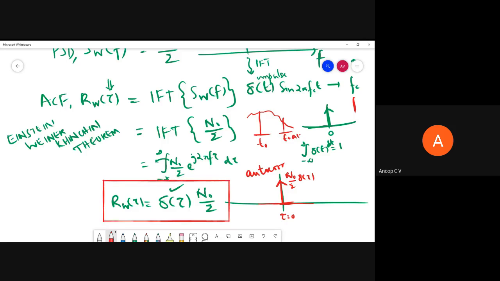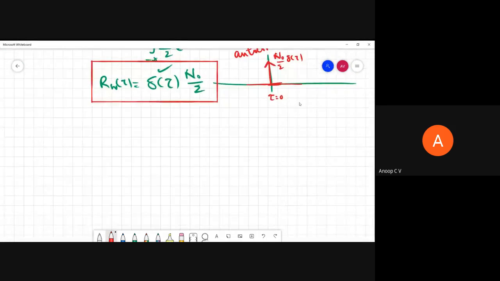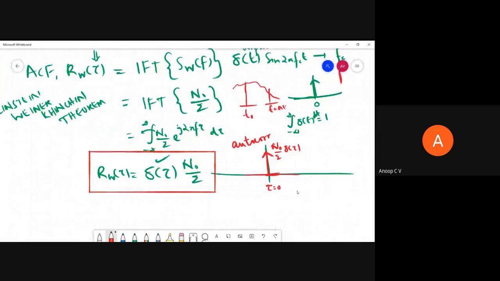So in the next case, we will study the output of an ideal low pass filter for a given input white noise. We'll analyze the autocorrelation function. Why are we analyzing the autocorrelation function? It's just to see what the sampling rate should be, which we'll discuss when we get to the next module. So this is how we can find out the autocorrelation function. So next